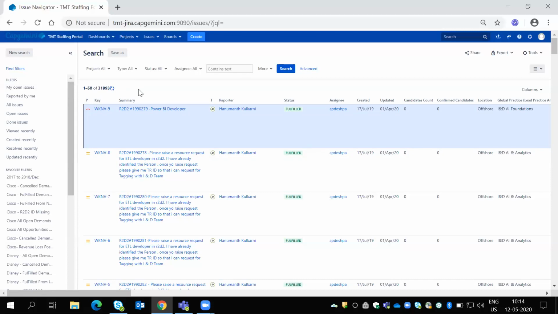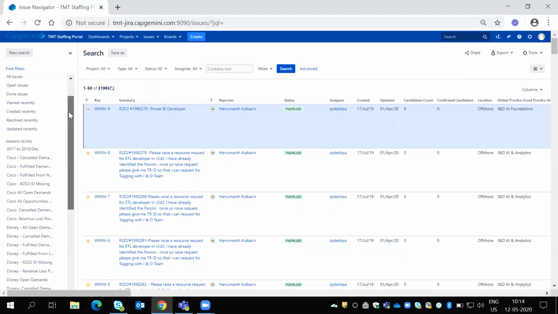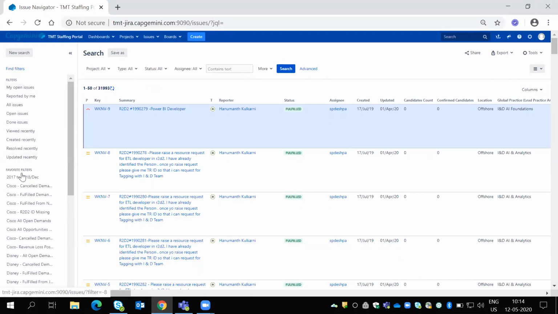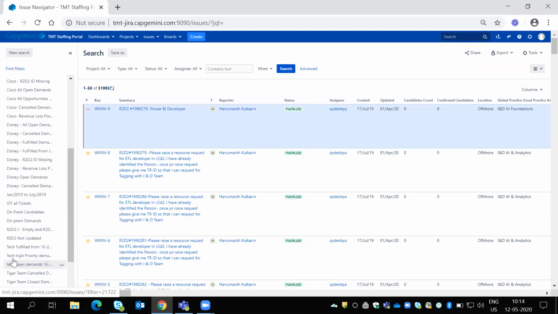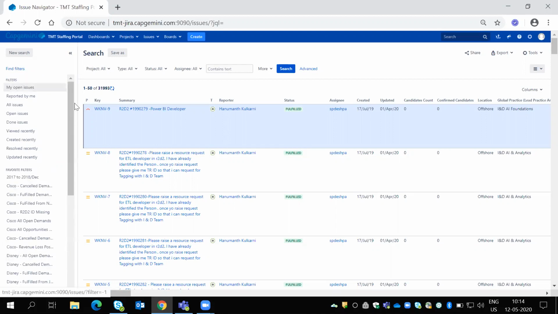Okay. So if you open your Jira, you can see on the left side the standard filters. By default, we can see this. First of all, we can see this New search. New search means we can write a new filter. Find filters means the filters we have written previously, we can find by name or by owner who created it.